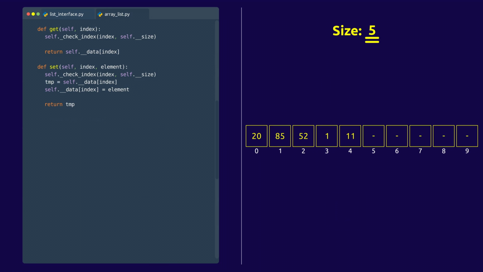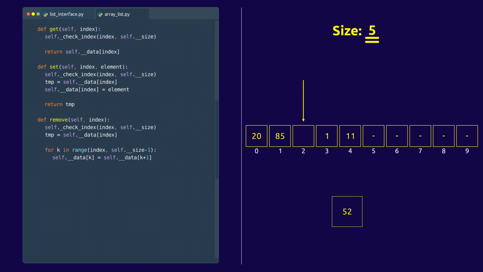The remove method that takes an index argument will call once again the checkIndex method, and if the index is good, the value from the index will be stored into a temp variable. Then we need to shift all the values that follow the given index by 1 to the left, opposite to what we did in the add method. Then we reset the value at the index of size - 1, decrease the size by 1, and return the value